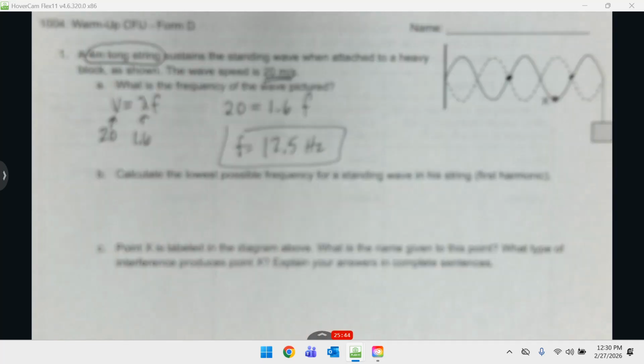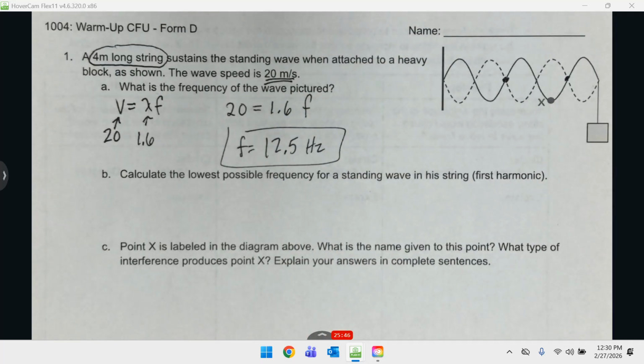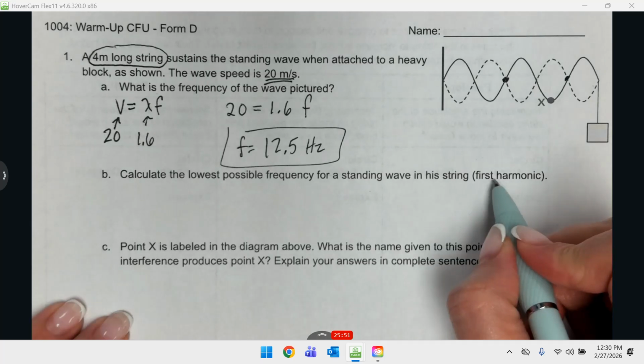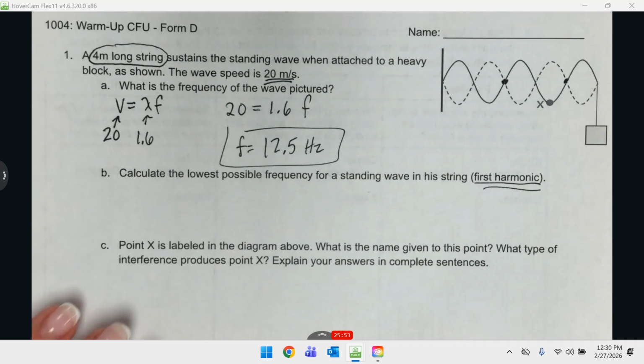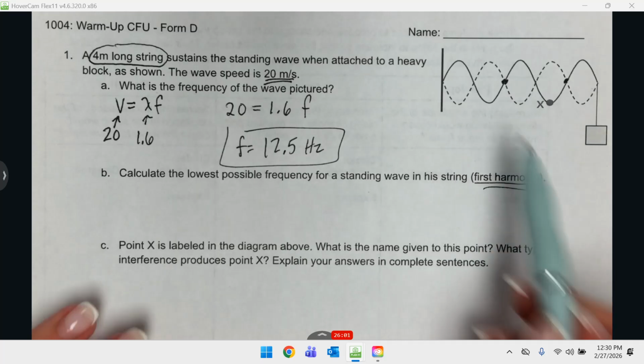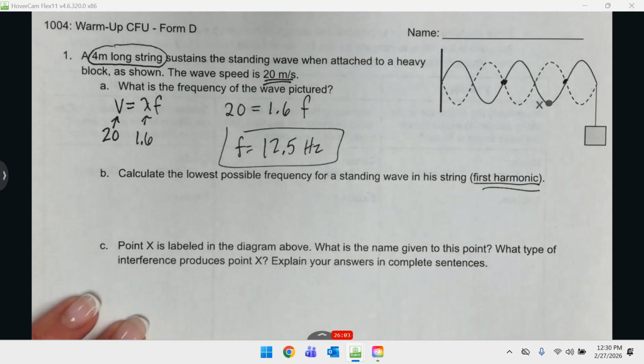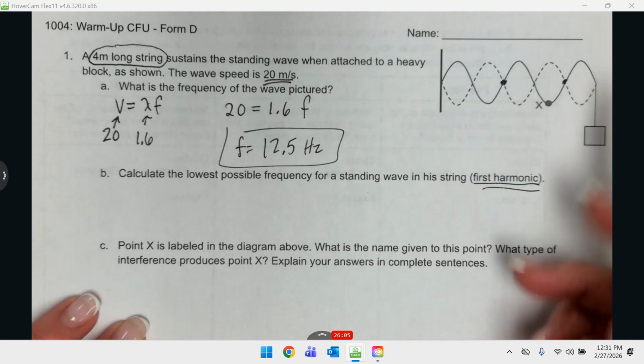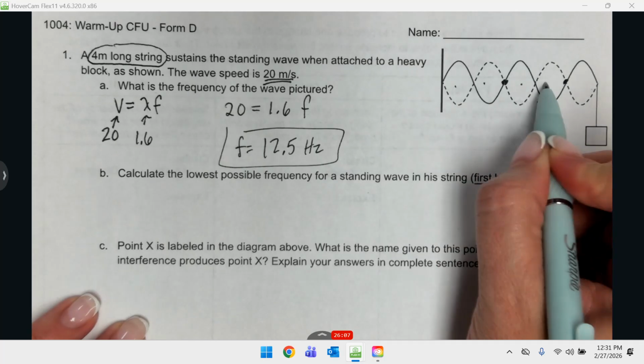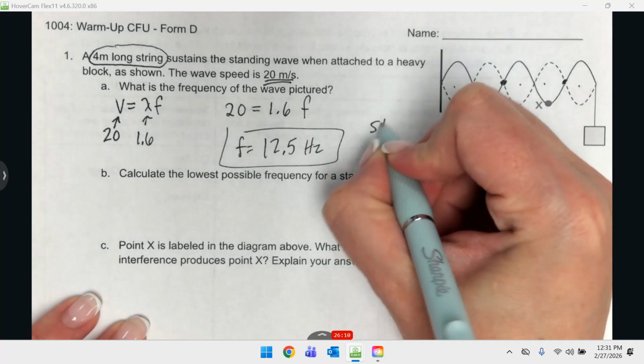All right, part B. Calculate the lowest possible frequency for a standing wave in this string. It's asking you specifically for the first harmonic. Again, the harmonics are multiples of the fundamental frequency, or the first harmonic. So this right here is not the first harmonic. First things first, we need to figure out what this is. 1, 2, 3, 4, 5. This is the fifth